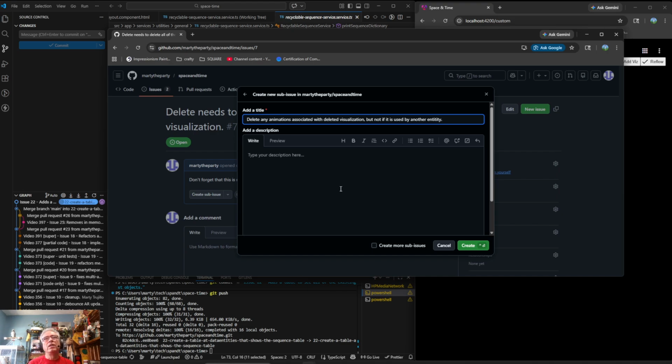Basically, let's add a couple details. One, the user deletes a viz, and we should delete the associated animation, one-to-one. But two, in the future,